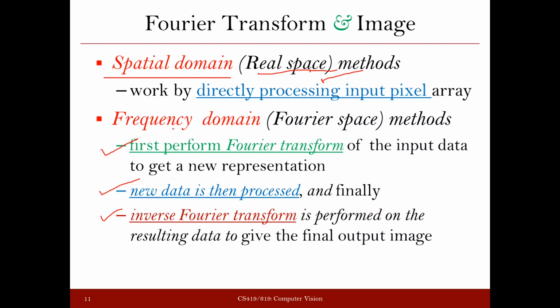If the representation of any image is given in the Fourier domain, and you are asked to tell what this image is, it will be very difficult to say that this image represents a particular object or scene. So for a human, it is very difficult to find out the information from the image when it is in the frequency domain.